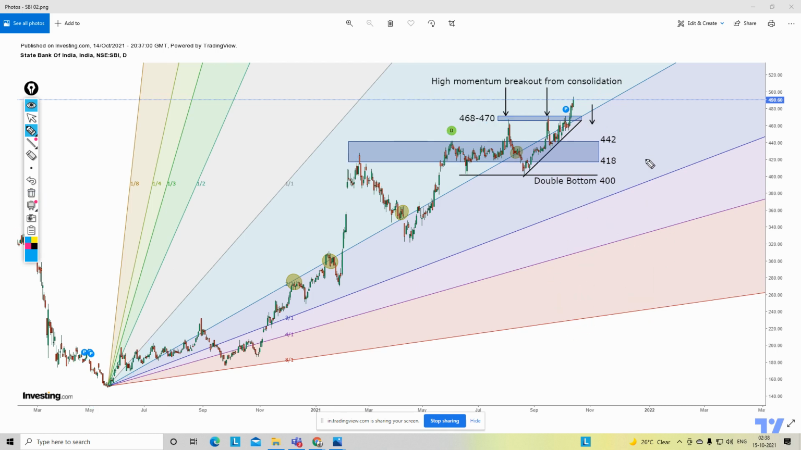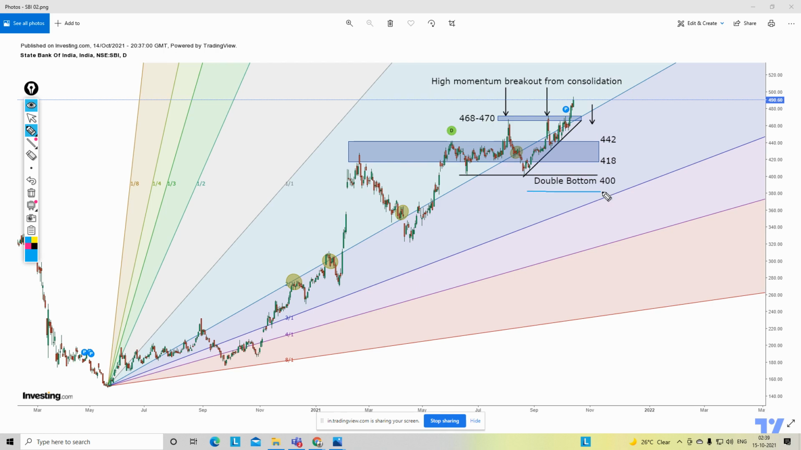Then the next important level for an investor or the swing trader, a swing trader who would like to hold it for 3 months, or an investor who's having a horizon of 1 to 3 years or maybe 2 years, the second level at this particular junction is 442, which is the upper base of the consolidation range, and the lower range of the consolidation range is 418,